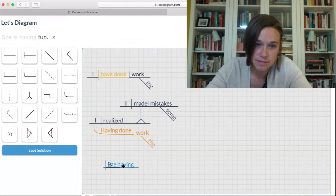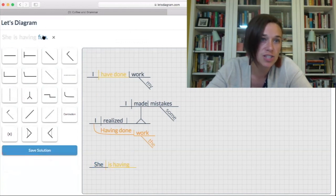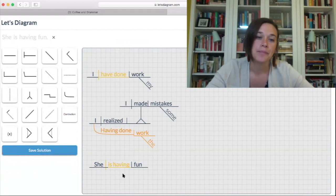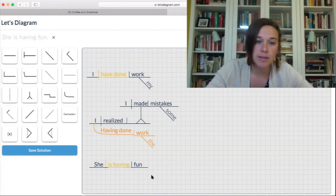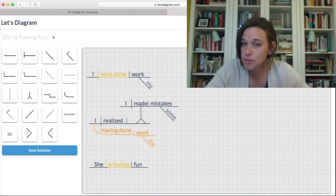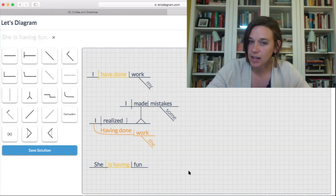But, oh geez. It clicked to the wrong thing. Sorry, just a second here. She is having, there we go. Okay, she is having fun. Blue, what is she having? Fun. So that's the direct object. So in this sentence, having is part of a verb phrase, but it's not a helping verb. It's actually the main verb. Is is a helping verb, and having is the main verb. So I just wanted to point out a lot of people had having as a main verb that was part of a verb phrase. And it is part of a verb phrase, but it's a main verb in this sentence, not a helping verb. I think I covered everything, but please